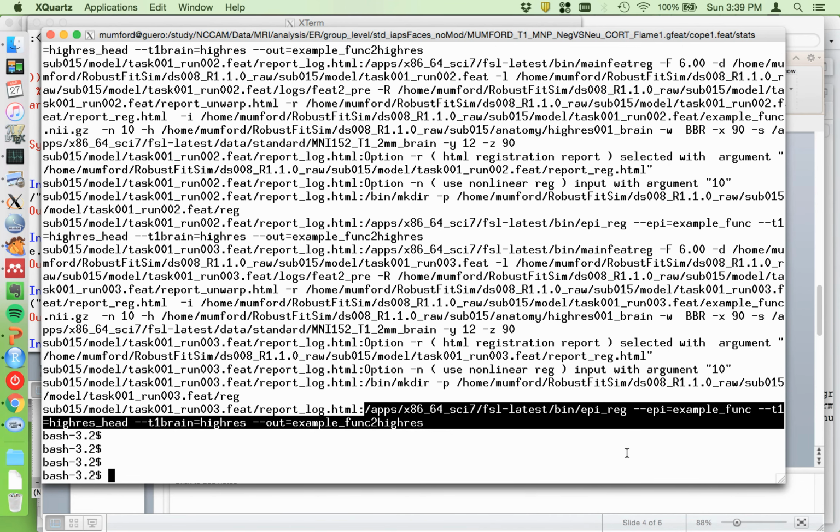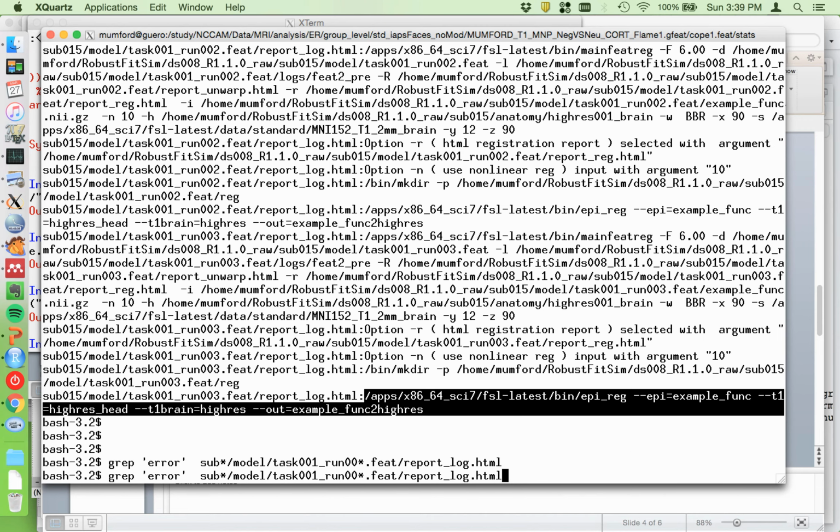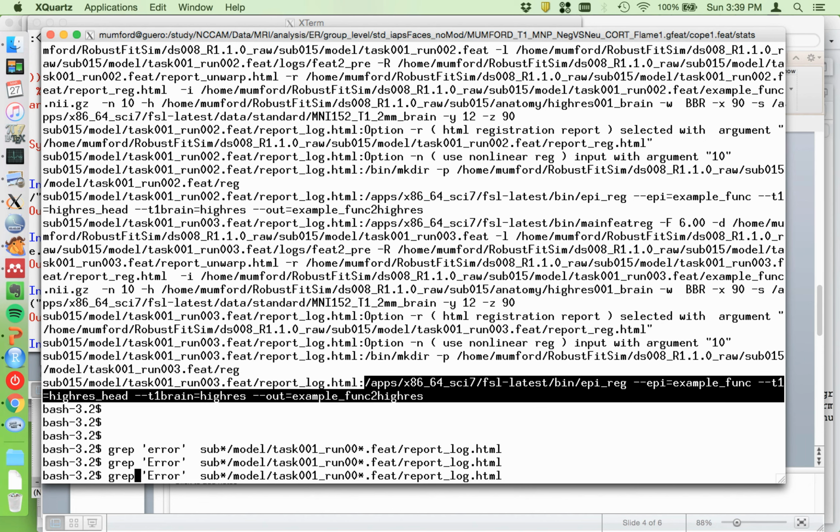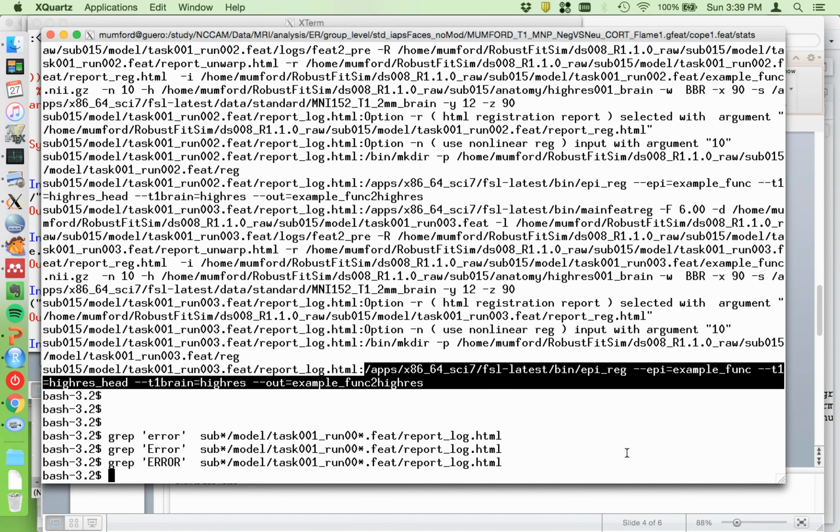I just picked a string that would work because when I grep for error, I'm not getting anything, which is probably good. Capital E error, I don't get anything. All caps ERROR. And again, I could be looking for the wrong string. Maybe they use a different string. But once you see it, if you're going through by hand, and you see one subject has a weird message, you can use grep to quickly check all the other files to see if any other subjects have it as well. So again, it's just grep, single quote with the string inside, and then you can use wildcards to grab all of the